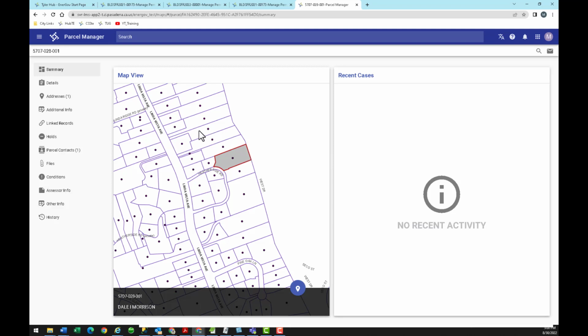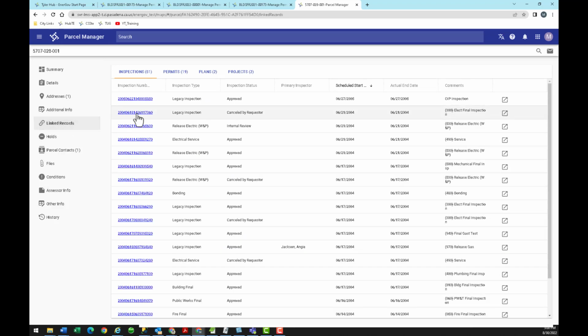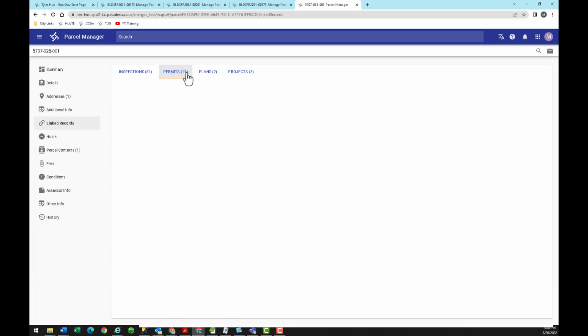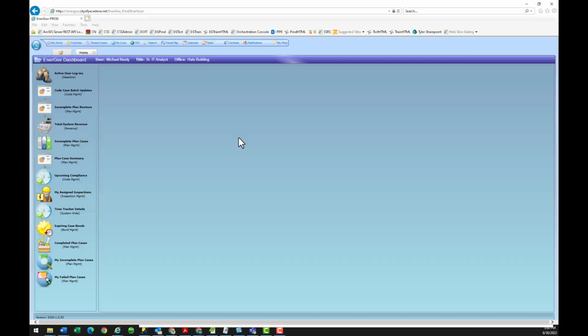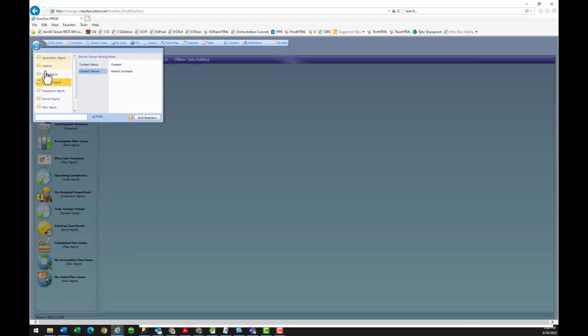But one of the big benefits is we can go to linked records. And in here, we can see all the inspections on the location, permits, plans, projects. If there was a code case or two, we'd see them in here. This is a big improvement over the Silverlight version, where we would have to search through either the code cases